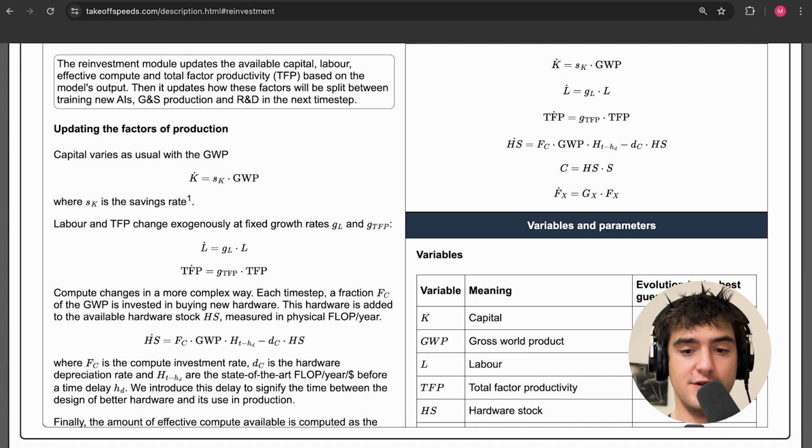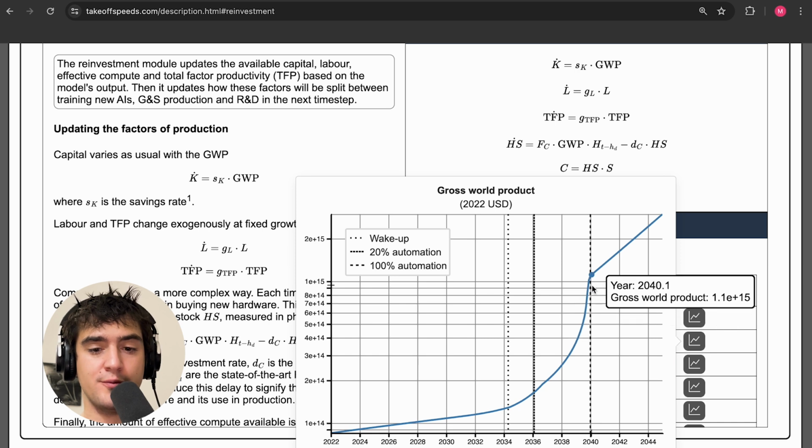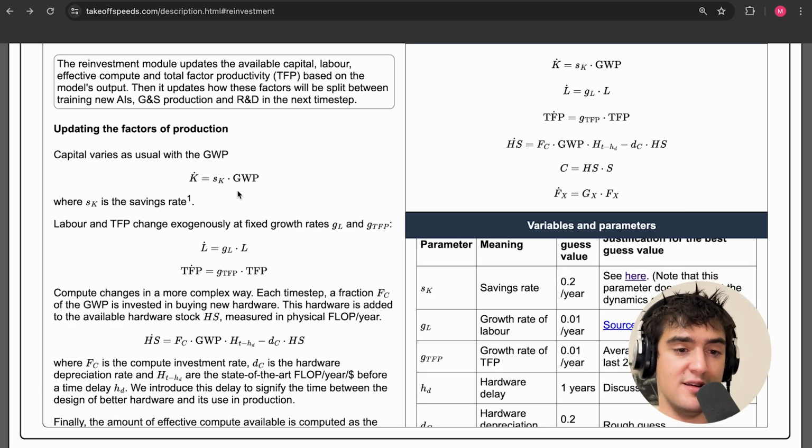So if we look at the curve here, the global GDP is supposed to go from $100 trillion, so what we have right now, to something closer to a quadrillion dollars, so $1,000 trillion. So we would have a 10x increase in total GDP in the next 2 decades. And the question is, how is this capital being allocated to other things we care about? So here, to be more concrete, let's say you're saving 20% of your total GDP, and total GDP is $100 trillion. You're saving $20 trillion into more capital.